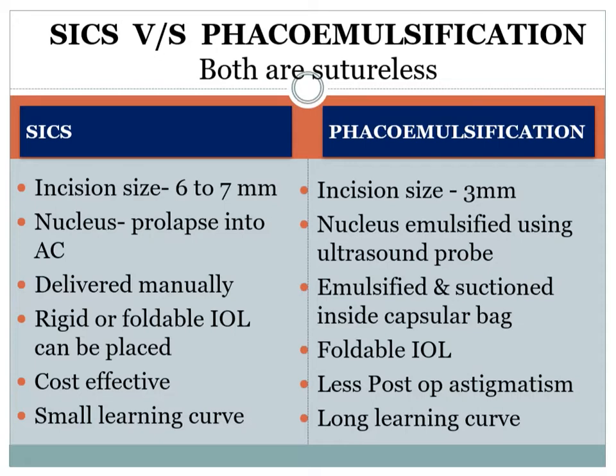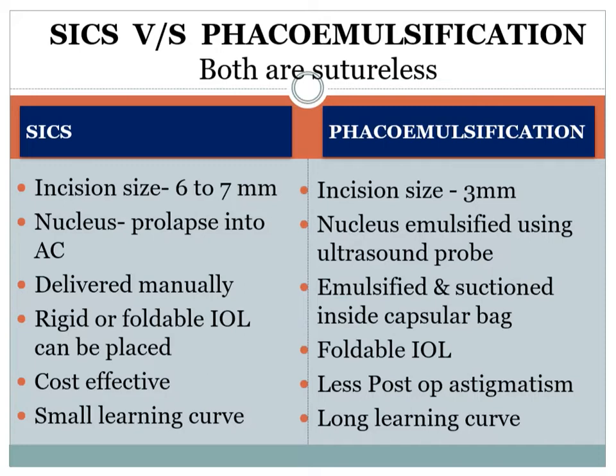So in the end, what you have to do is you have to remove the viscoelastic substance whatever you have put. Otherwise, what will happen? This viscoelastic substance is viscous. It will go and block the trabecular meshwork. So the next day, the patient will land up in severe secondary glaucoma. So that is the reason you have to clean the entire anterior and posterior chamber of all the viscoelastic substance you have used. Okay, so these are the important questions which you will commonly be facing in the viva exam.